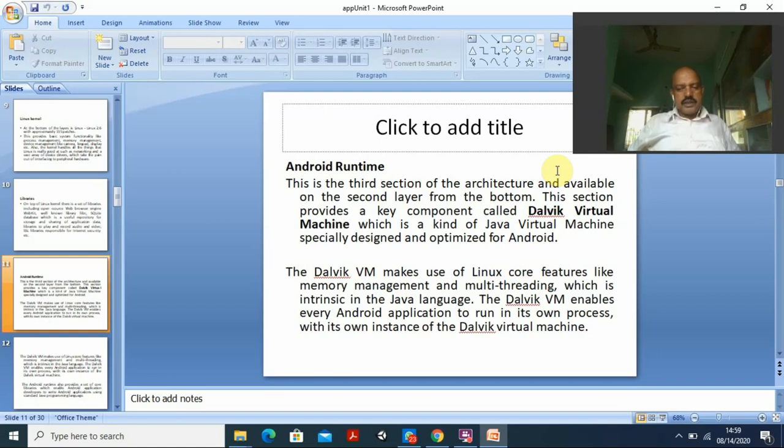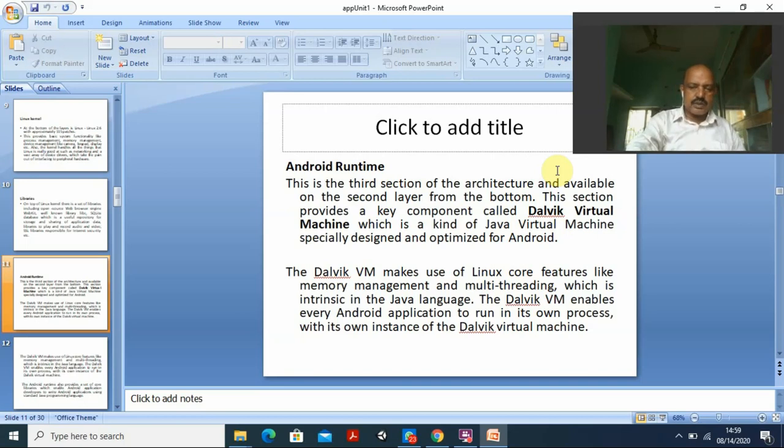The Dalvik virtual machine makes use of Linux core features like memory management and multi-threading. So this is the beauty here: you can do a number of jobs at a time. That is the beauty of multi-threading, which is intrinsic in the Java language. And the Dalvik virtual machine enables every Android application to run in its own process, with its own instance of the Dalvik virtual machine.